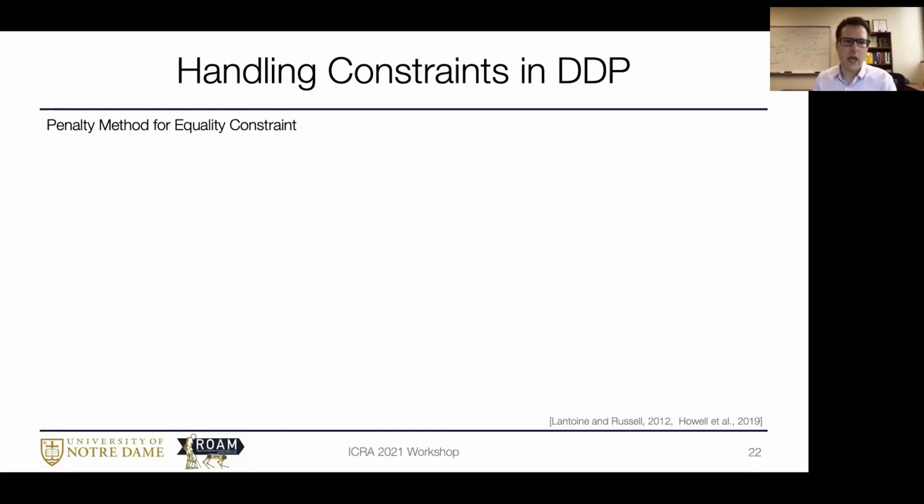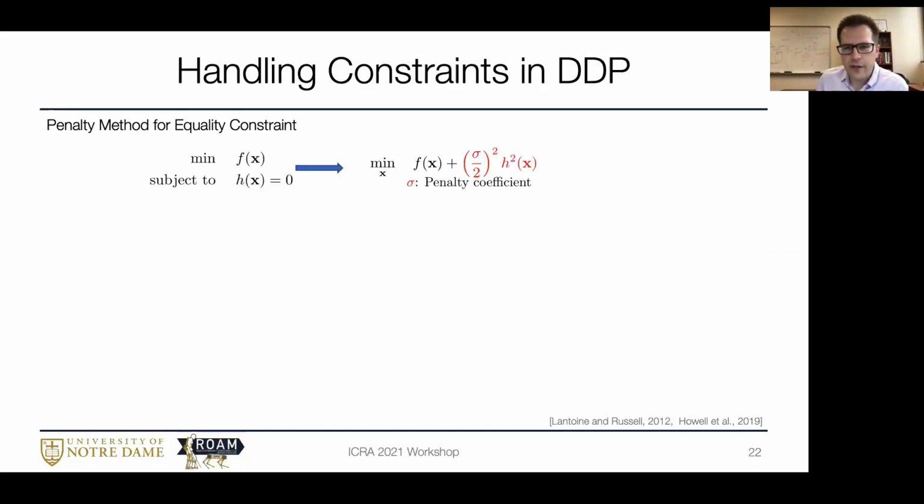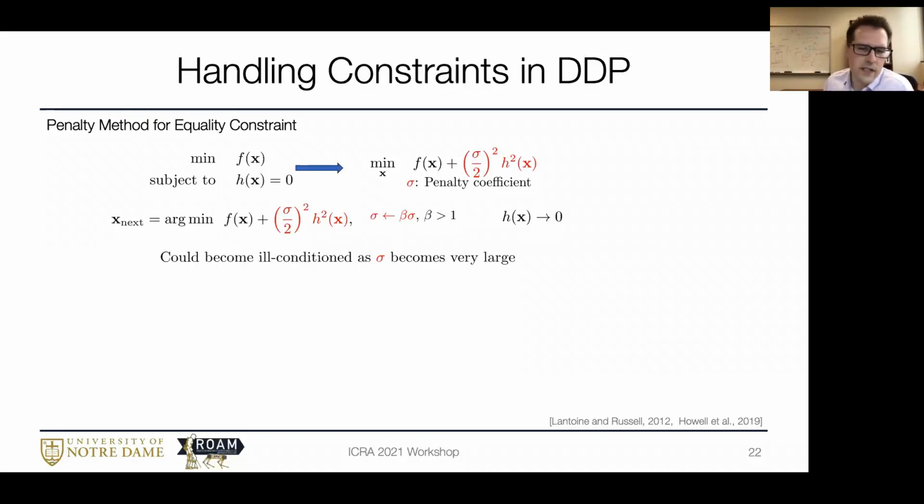So more generally, how can we handle constraints in DDP? One strategy is to consider adding penalties for your constraint violations into the cost. And this can often work well. If you're not happy with your solution, you increase this penalty term that shows up in your cost function and you resolve. However, this type of problem can become ill-conditioned as this penalty parameter becomes large,